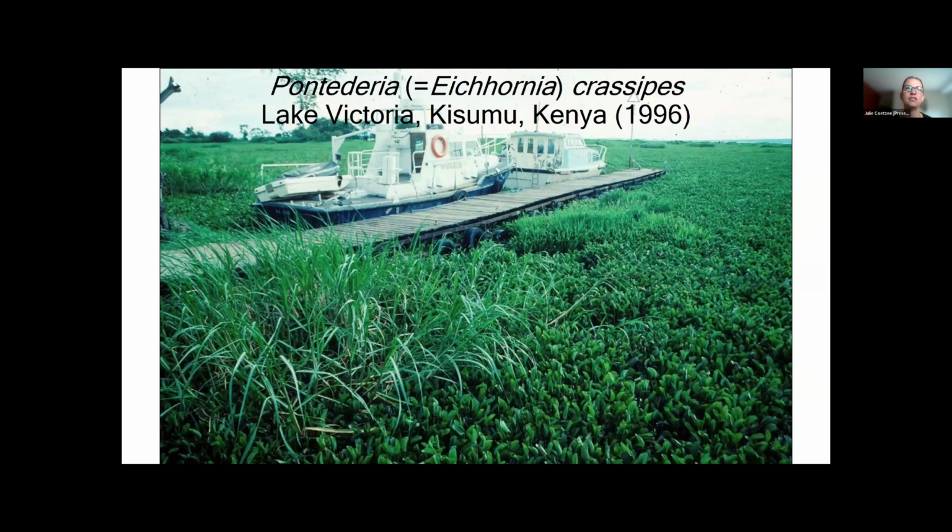And here you can see a picture. This is at the Kisumu Yacht Club in Kenya. Sorry, Lake Victoria is not just Kenya, it's also Tanzania and Uganda. And this here is from Kisumu in Kenya. You can see that that jetty looks as though it's going out into a field of grass, but it's actually all aquatic plant, all water hyacinth. Those boats can't get out.